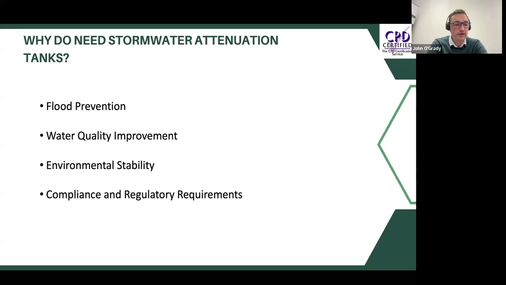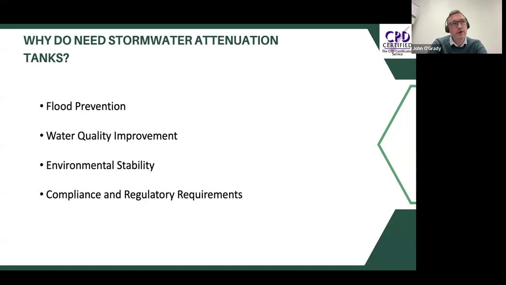So the attenuation tank serves a practical purpose in flood control and water quality improvement, but also helps to comply with those environmental regulations that are put on councils and local governments, wherever that may be. So it helps them meet their legal obligations, and also aids resilience, infrastructure, and sustainable urban development, which is important. So, covering those four things,